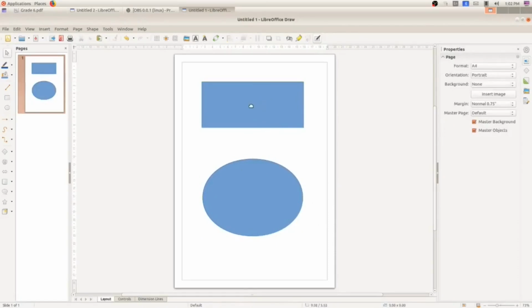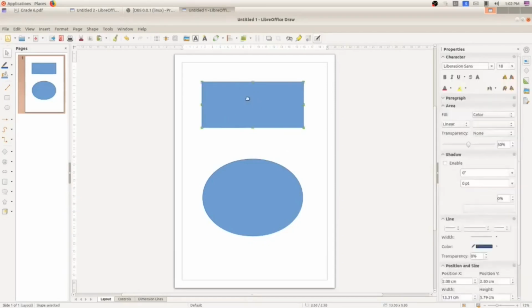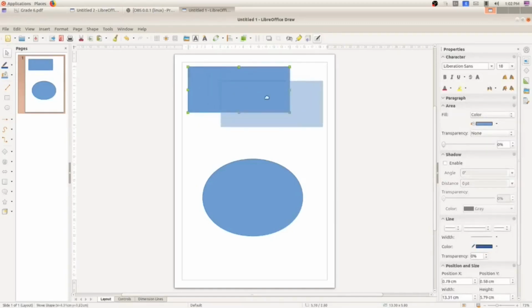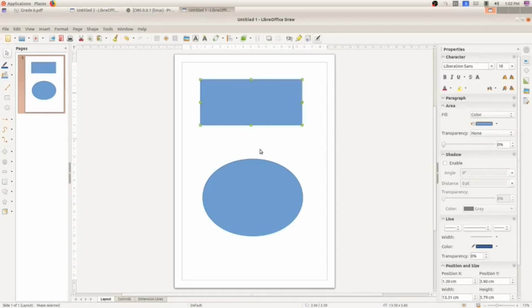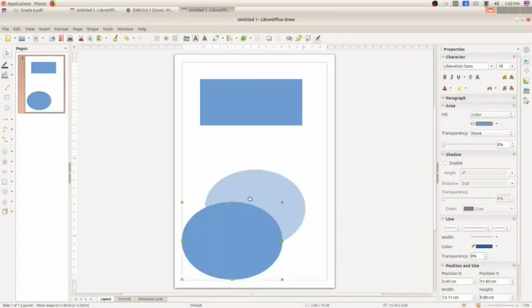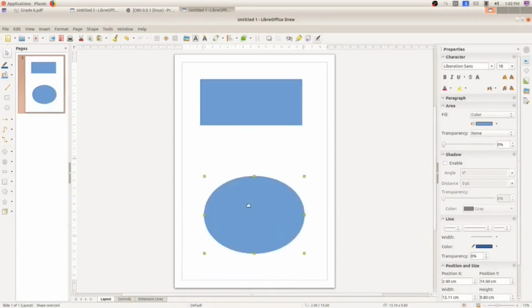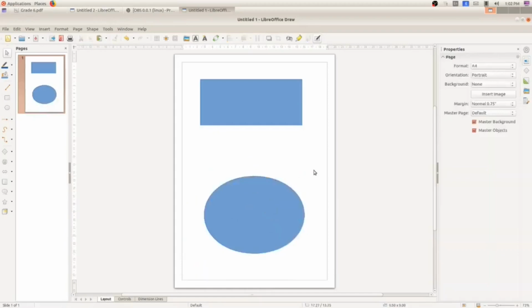Suppose you want to move this rectangle, you can place the mouse pointer inside this rectangle, then you can see a hand shape, and you click and drag like this, so you can move it to some other position. Likewise, if you want to move this ellipse, bring the cursor inside this ellipse, and click and drag like this, so you can move it according to your convenience. Is it clear, my dear students?